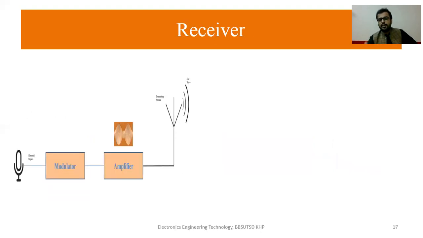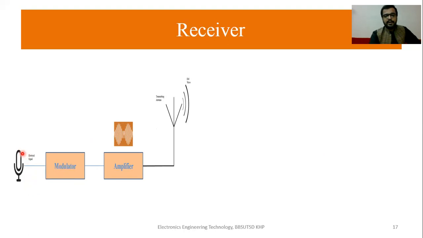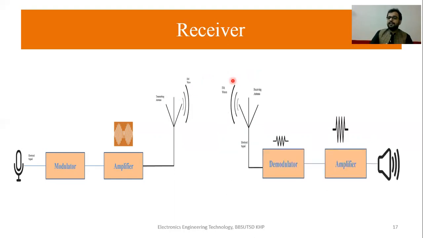So in a nutshell, we have the transmitter. Let's suppose we have an electrical signal here. Here is a message source from the mic, which is a transducer that converts sound into an electrical signal, and the electrical signal goes to the modulator. It's all about the transmitter. After modulation there is amplification, and after amplification the signal is transmitted over the antenna. The transmitting antenna converts it into EM waves and transmits it into the atmosphere. After that we have the other side, the receiver.